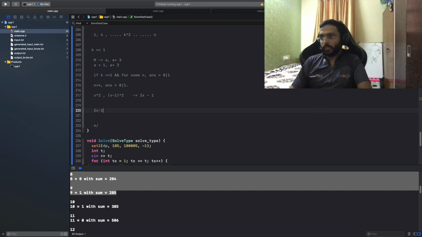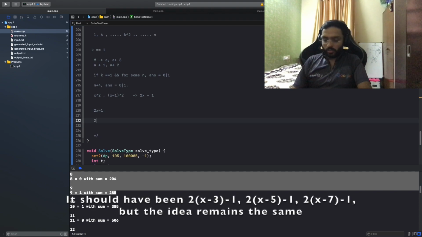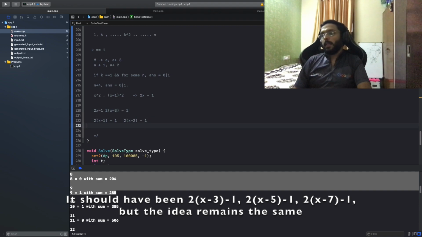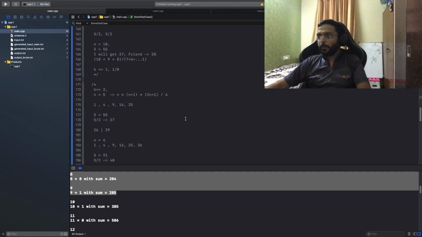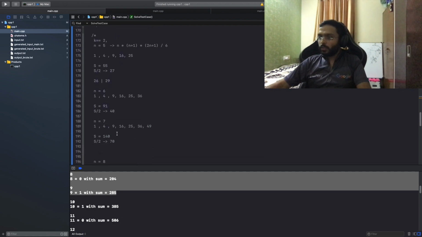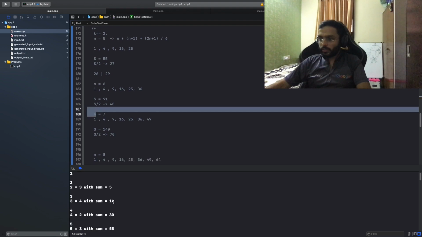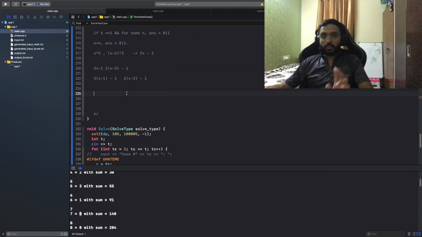So 2 into x minus 1 I can give to myself, then 2 into x minus 1 I can give to my friend, then 2 into x minus 2 minus 1, and then 2 into x minus 3 minus 1. I see. So basically what I'm saying is, let us say for n equal to 7, the sum is 0. Like, answer is 0, right? Yeah. So, for n equal to 7, the sum is 0.